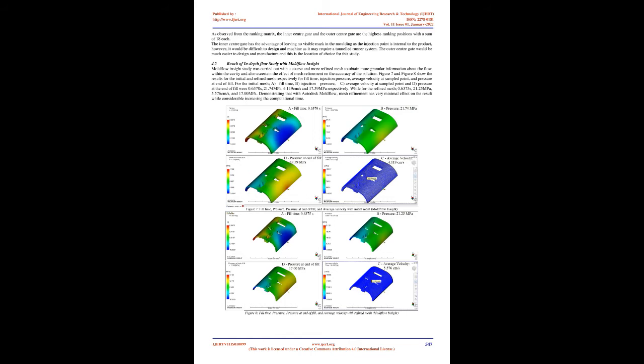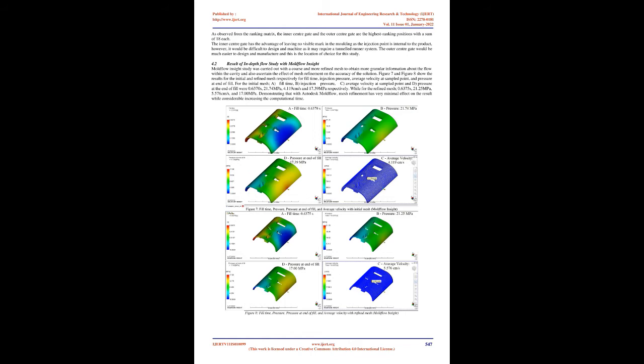Having obtained an optimal injection location, an in-depth fill study was carried out in Moldflow Insight 2019. The CAD model was imported and the orientation set to the desired mold opening direction. The model was then meshed as a dual-domain mesh with a minimum mesh length of 0.5 mm chosen. This translated to 51,600 triangular elements. Moldflow Insight suggested a minimum mesh length of 0.79 mm. This was reduced to 0.5 mm for a finer mesh, which is expected to translate to more accurate results. [21]